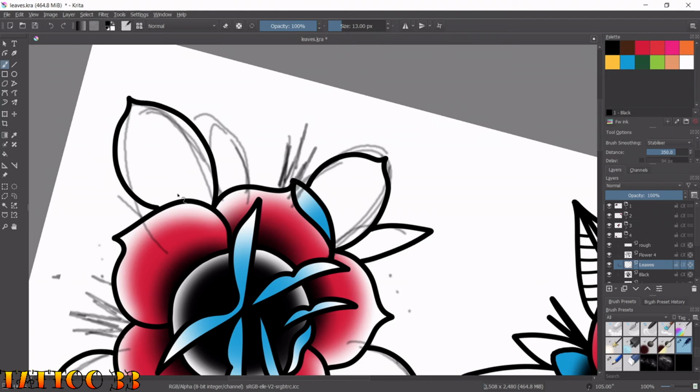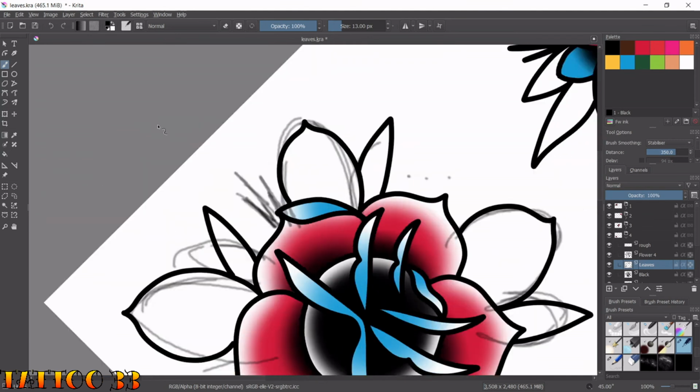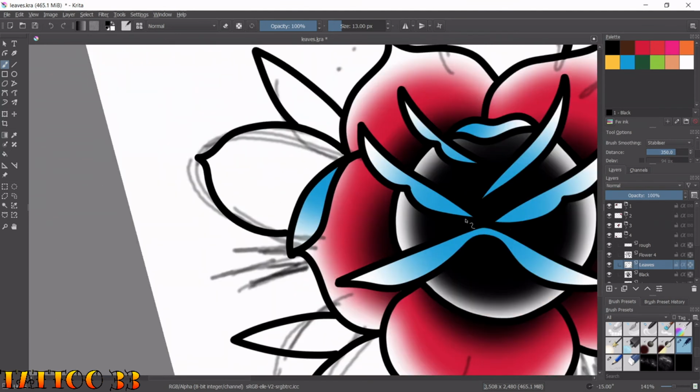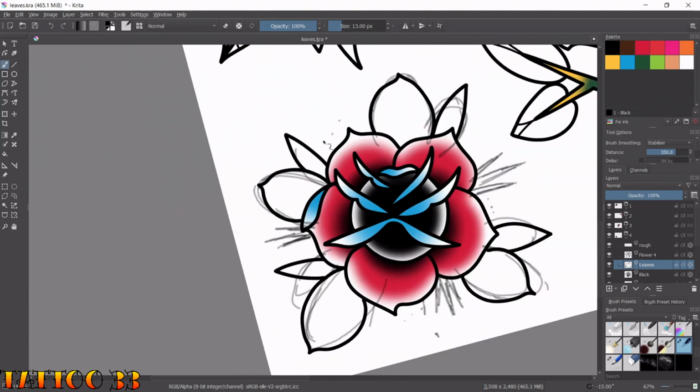We can also look at, only because this leaf is facing this direction, doesn't mean this leaf's got to be facing exactly the same direction. We can have this one way off in another direction if we want. We don't know if there's a stem coming down and that's leading off. We can't see what's behind it, so it doesn't matter. We can have any direction we like, especially if this was for a tattoo design, it had to fill a specific area. You might have a bit of a design or something here, which means the leaf can't go that way, so